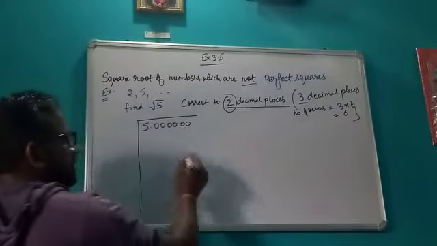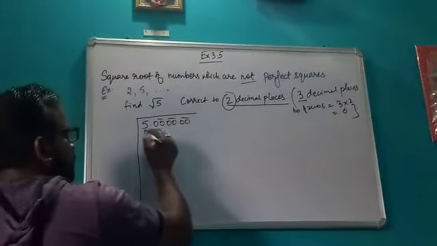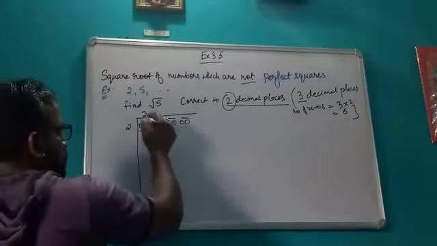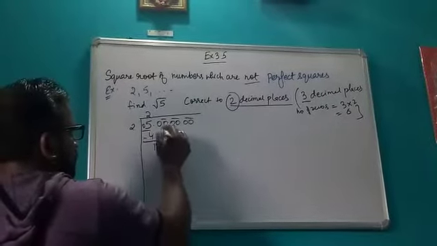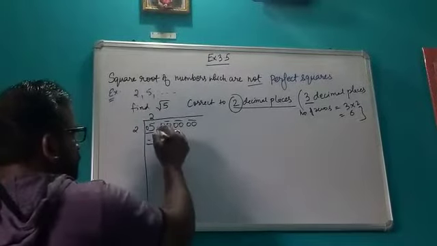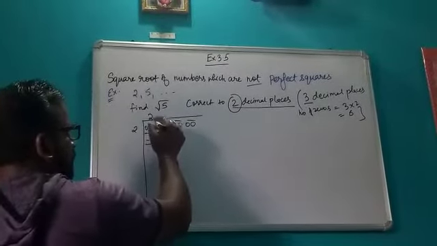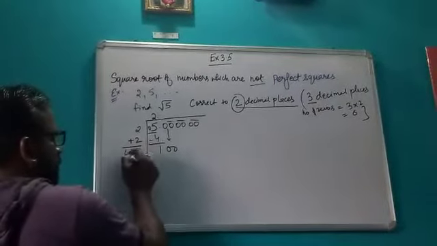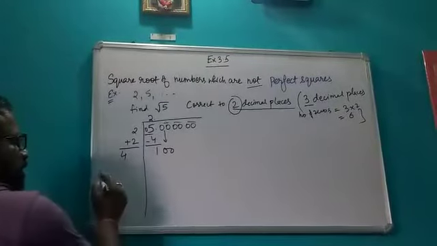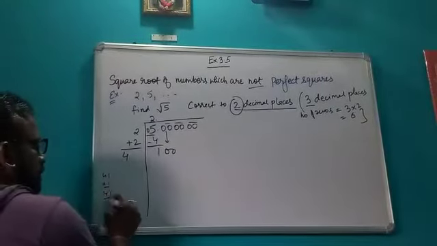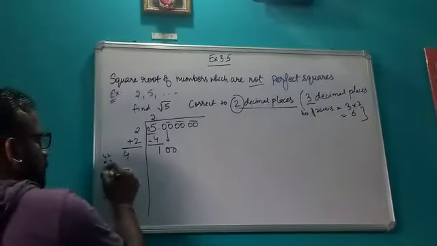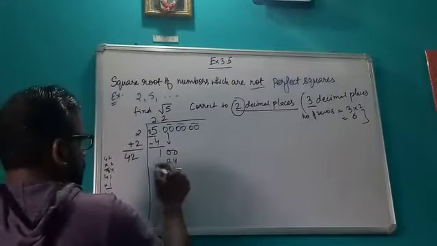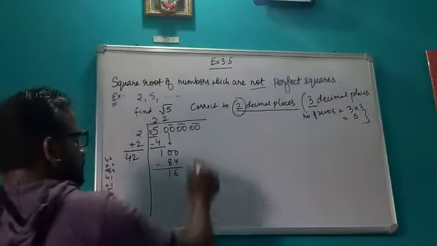You will make the long division column. This is your decimal group and this is your whole number group. Then you will solve it. 2 into 2, 4, minus 1. Then this 0 will come here, and as soon as you start it after the decimal values, you will put a decimal here. Then you will bring this 2 here, it becomes 4. Then when you write here 1, it becomes 41 into 1, that is 41. When you write 2, it becomes 42 into 2 is 84. So I will write 2, that is 84. Then you will subtract, you will get 16.